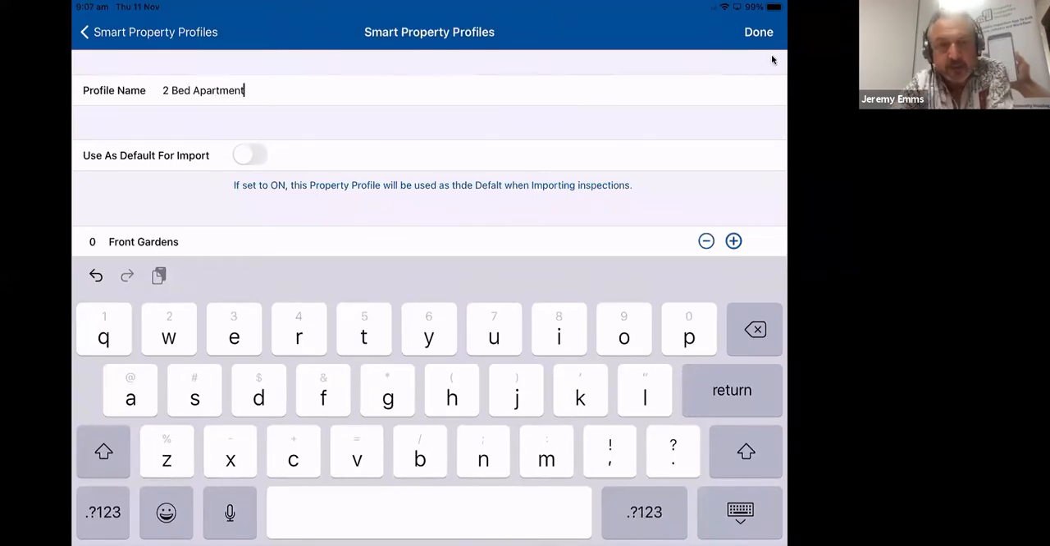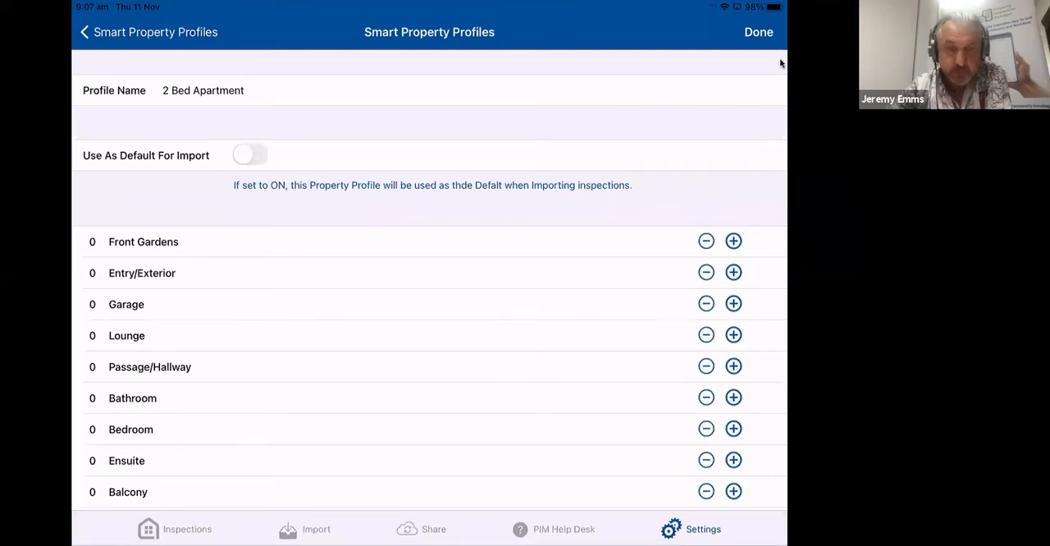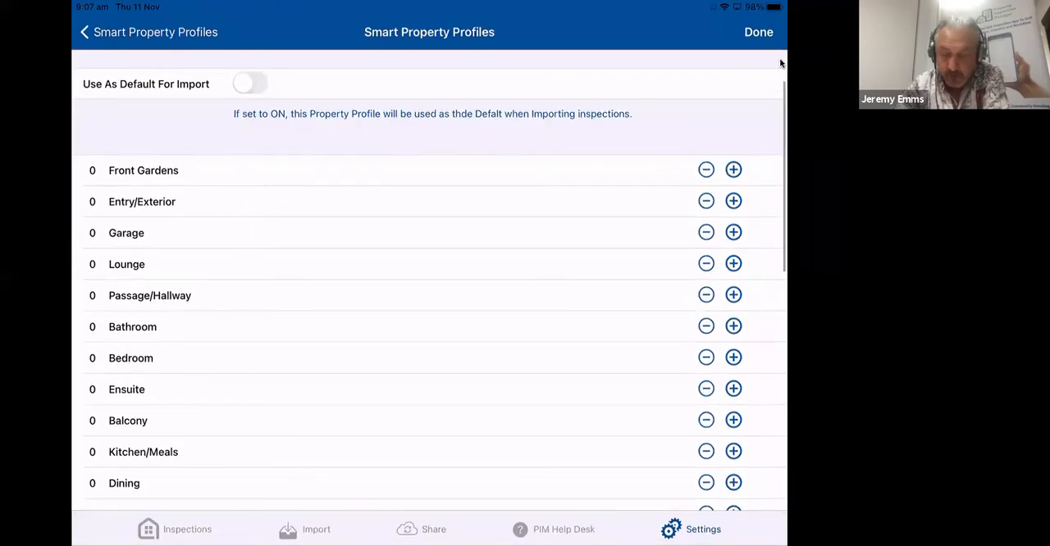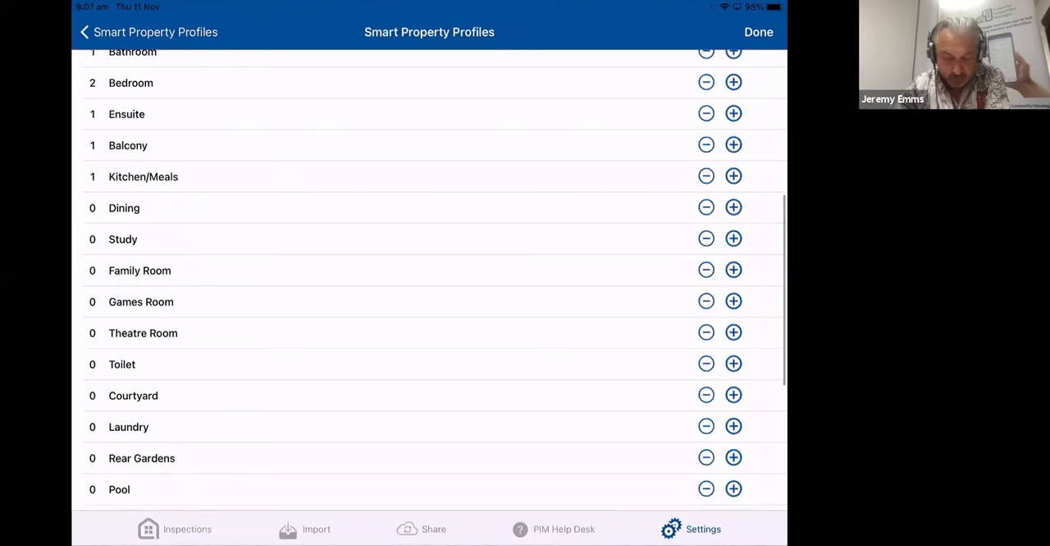And then what I can do is select the areas from here that I want to include within this property profile. So if I look through what's in my list of available rooms, I don't need a front garden, but I do need an exterior and an entry. So I press plus and you'll see there it's changed it to a 1. I've also got a lounge, I've got a passageway, I've got 1 bathroom, 2 bedrooms, an ensuite, a balcony, kitchen meals area, and with this property I've also got a separate toilet, I've got a laundry area, and I've got